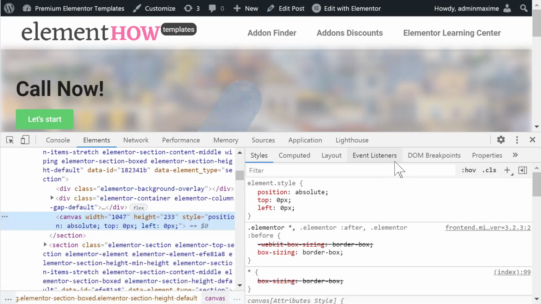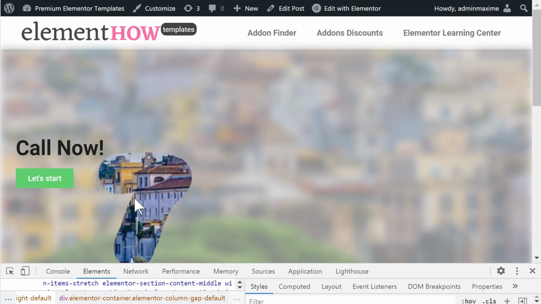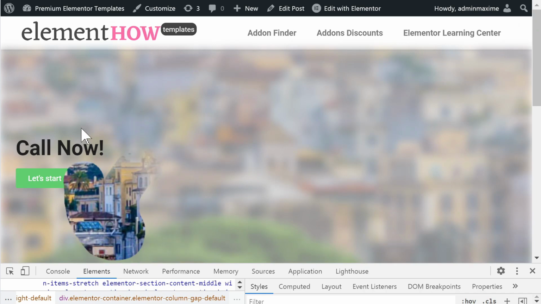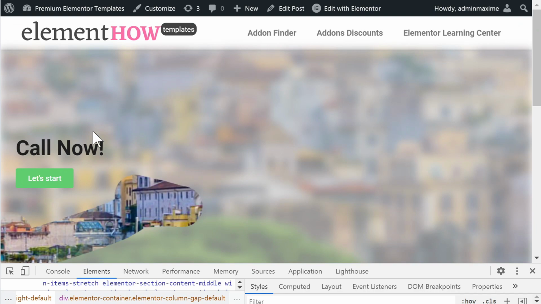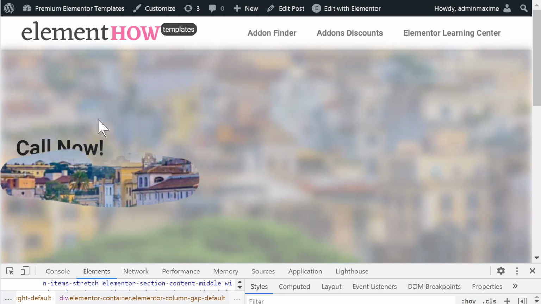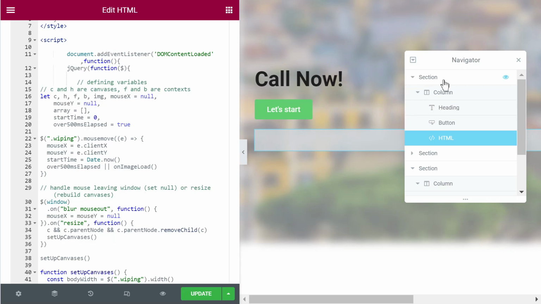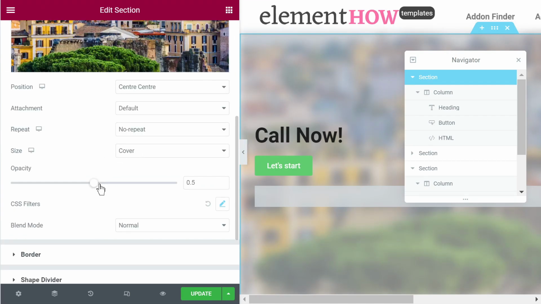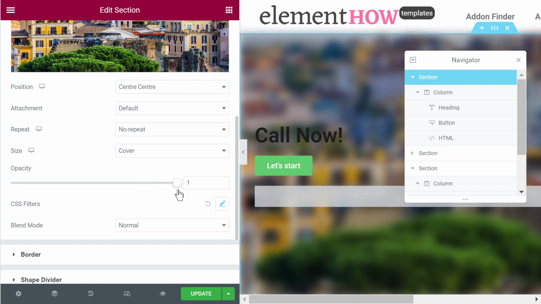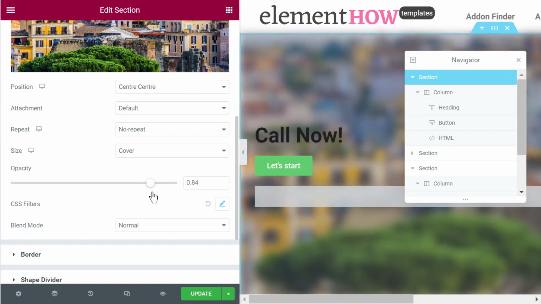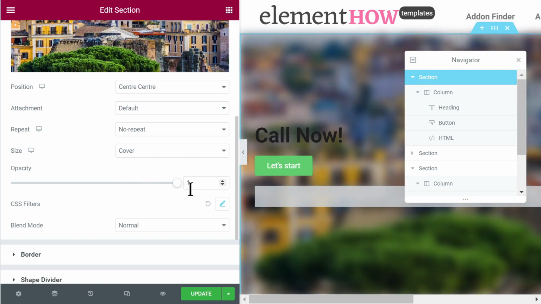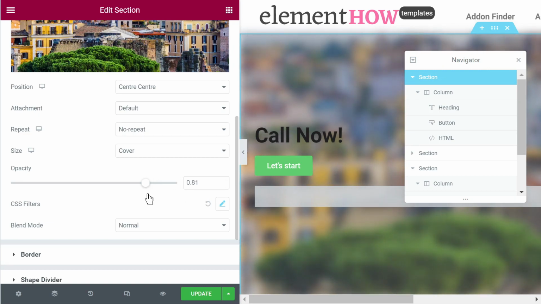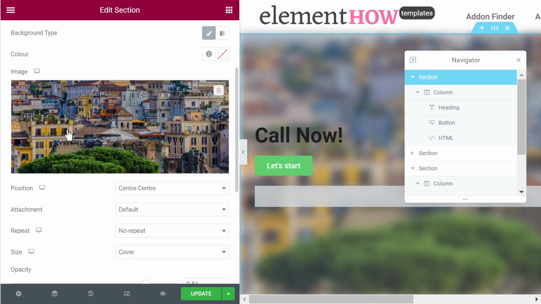Okay, so let's see what image shows up where, and let's see if we can just change the settings so that it fits this. So the sky would need to be about in the middle. Let's have a look from the background overlay, the opacity, and now it was quite low. Let's make it like this, and then let's try to see if